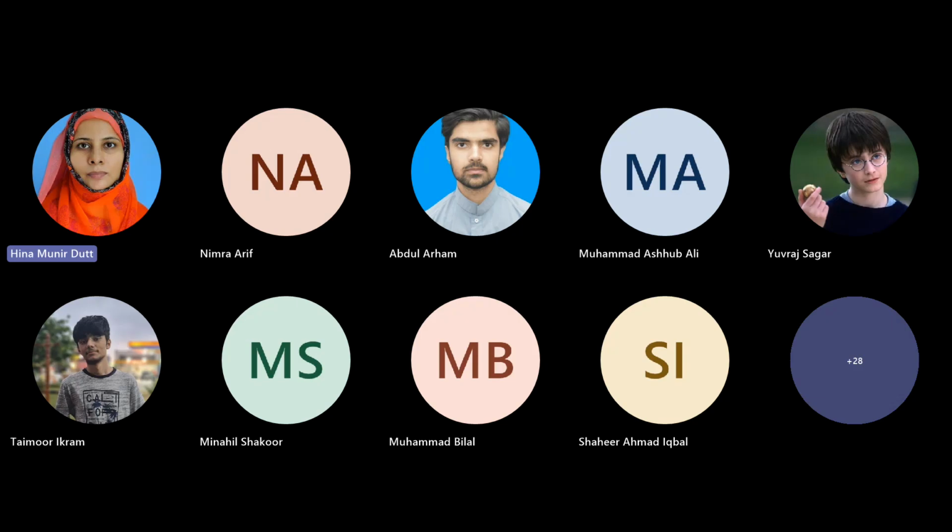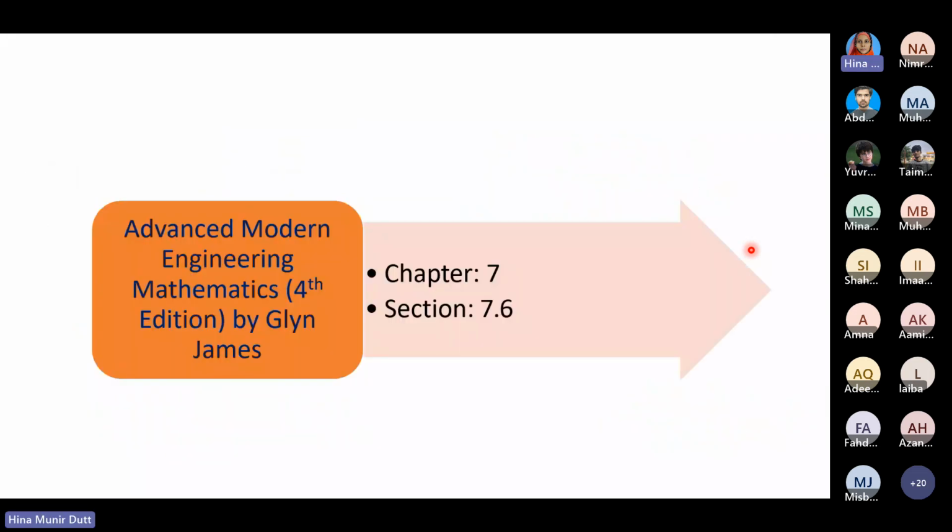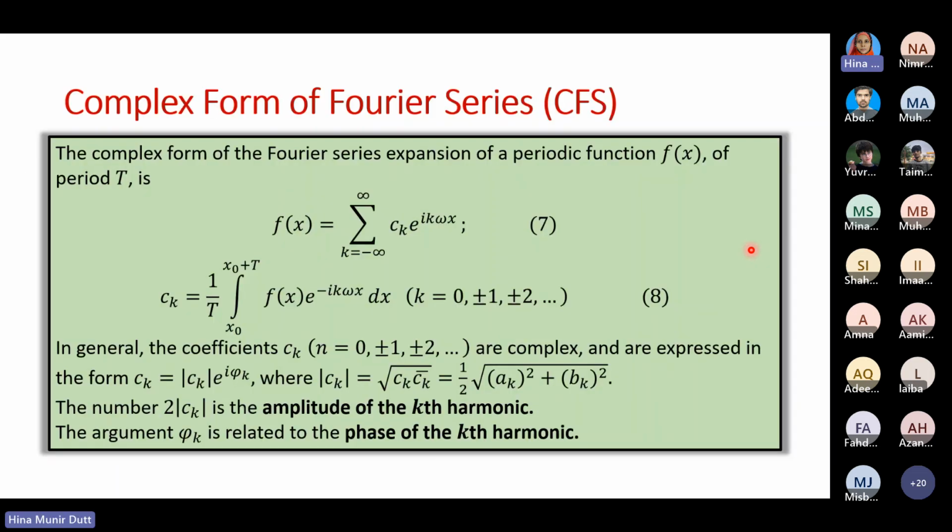The topic is discrete frequency spectrum. Before I talk on this topic, discrete frequency spectra, let me remind you of the complex form of the Fourier series, which is given to you as this one. It is actually the exponential form of the Fourier series, and it is the complex form because it involves an